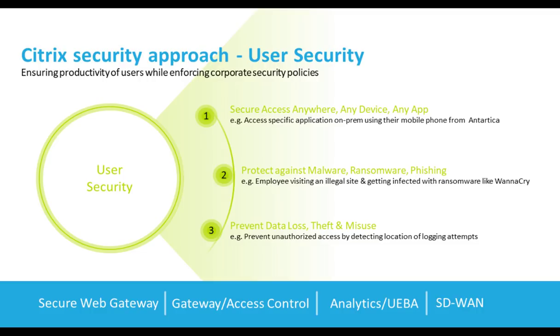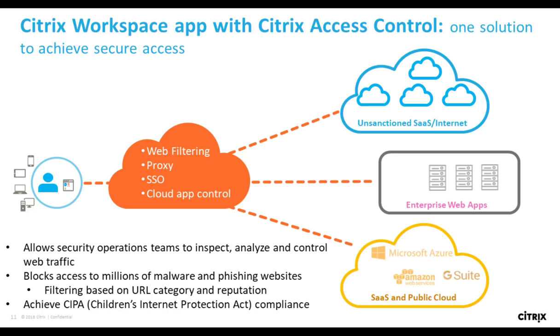And the products that we will cover in this are more on the secure web gateway and the analytics with SD-WAN as well. So the first service that we want to introduce is Citrix Access Control. Access Control is something that we recently announced in August of this year. This is a complete cloud-based offering that not only allows you to do single sign-on to your authorized or SaaS applications, but also allows you to do a lot more on the web filtering policies of what users can access on the internet. And it allows you to block